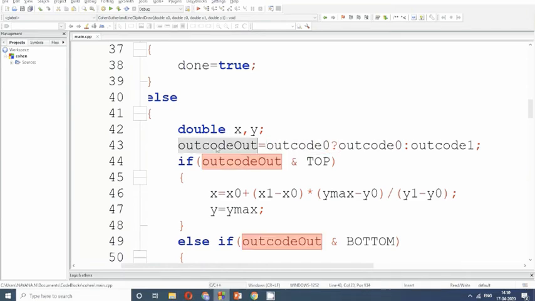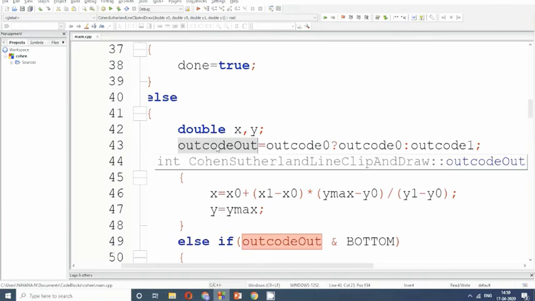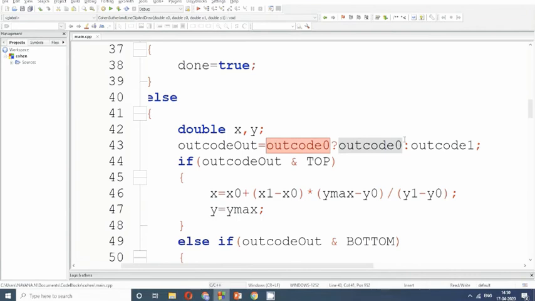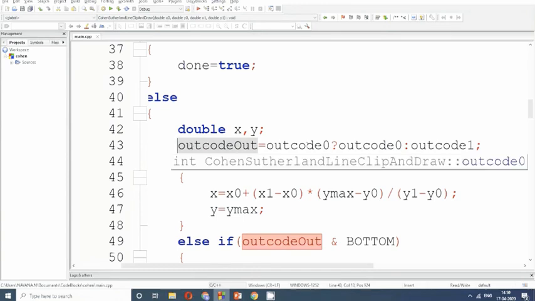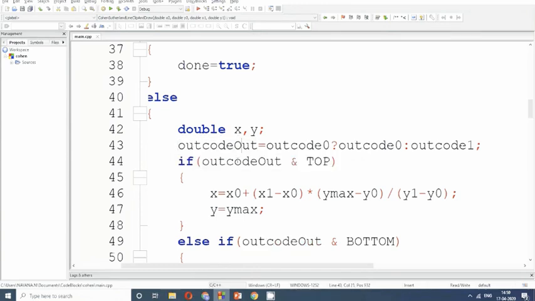Because it is true, I will assign outcode 0 to my outcode out. So outcode out now contains the value of outcode 0, the current endpoint that I am processing.